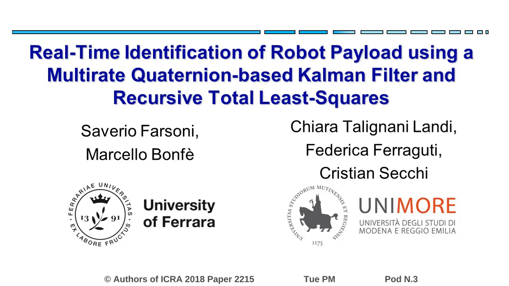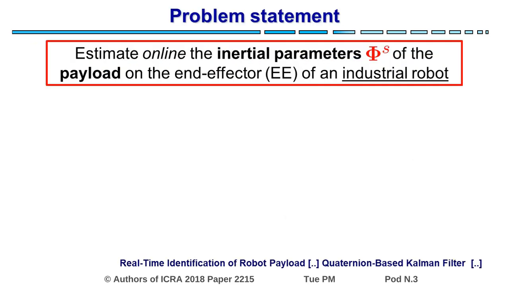Real-time identification of robot payload using a multirate Quaternion-Based Kalman filter and recursive total least squares is a joint work of the University of Ferrara and the University of Modena and Reggio Emilia in Italy. The paper addressed the problem of estimating online the inertial parameters of the payload mounted on the end-effector of an